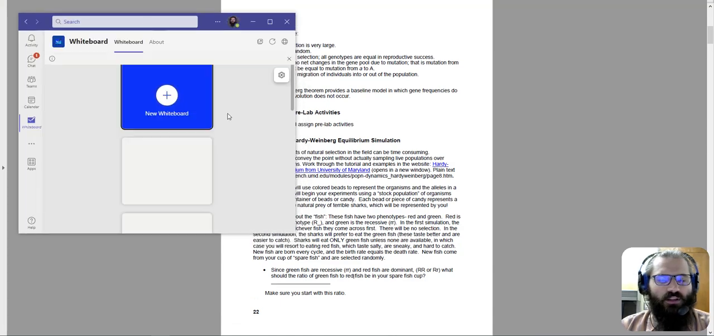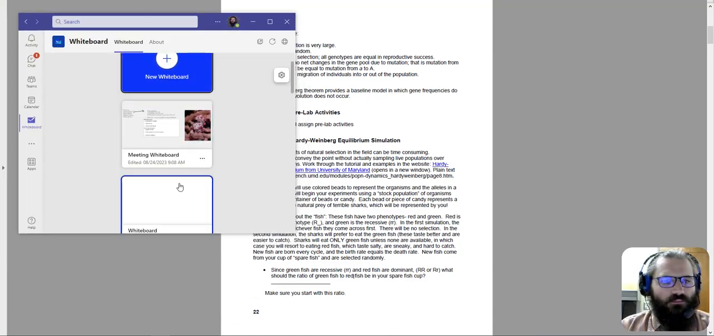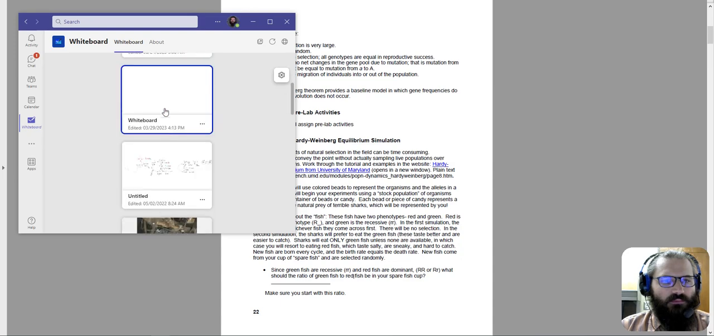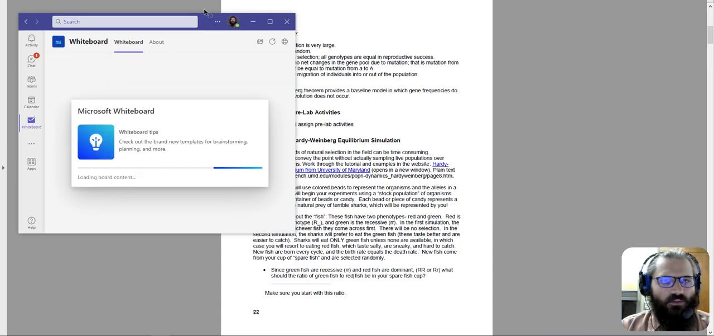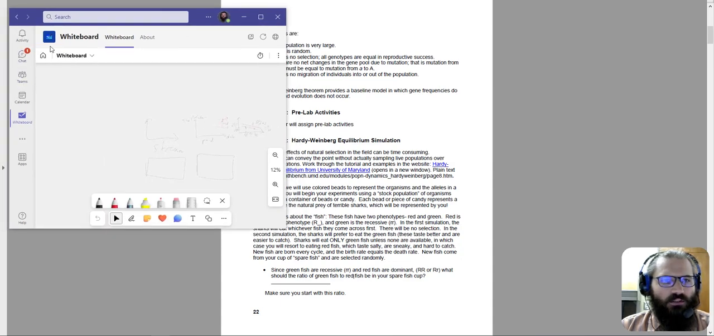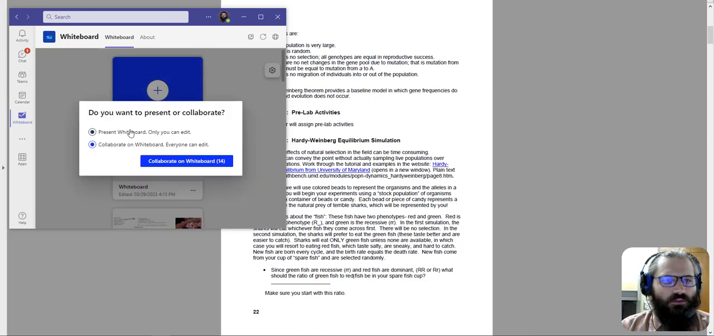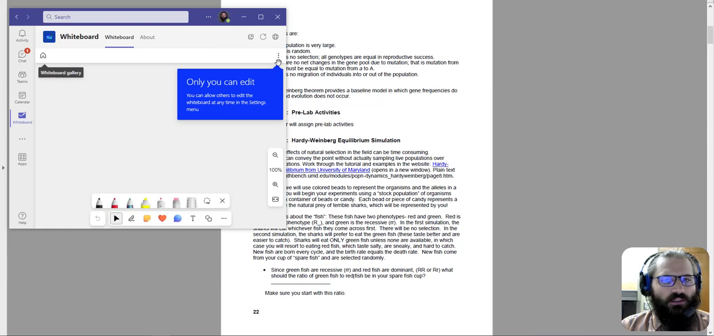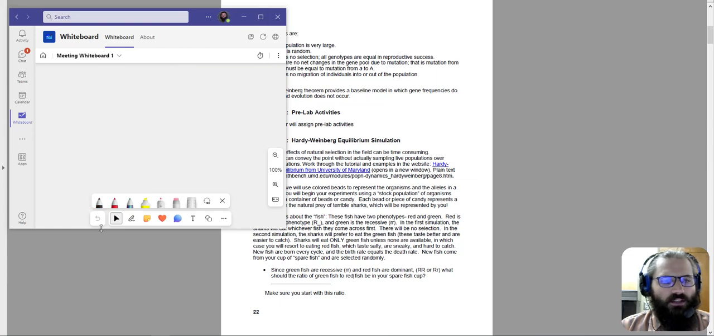So let's just keep it there. I don't know what that one is. Let's do this one. Yeah, that's not. Let's create a new one. Okay, so here, if you draw your Punnett square,